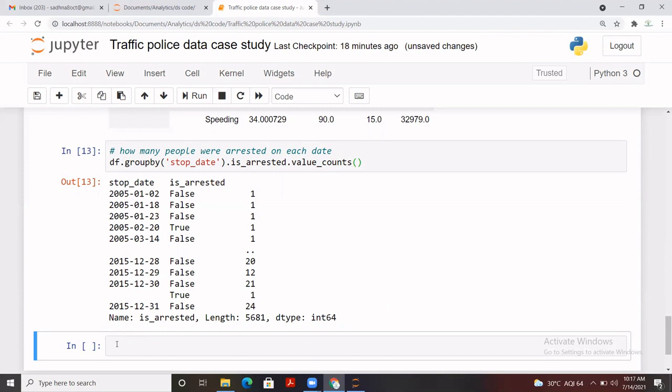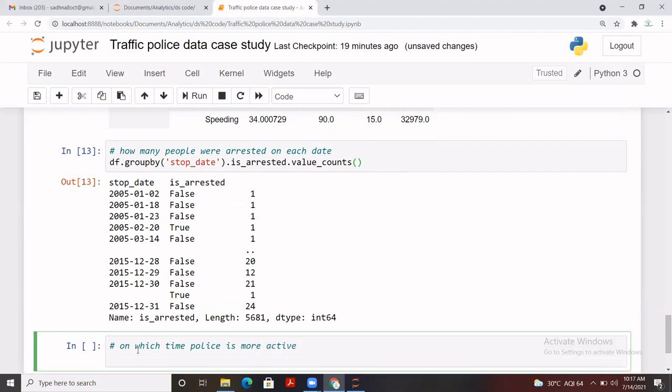For example, we want to check the maximum that you can see for this date, and because the whole data is not displaying here, we can review it in another way as well. So let's say I want to check at which time police are most active.